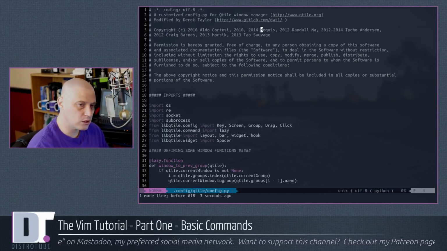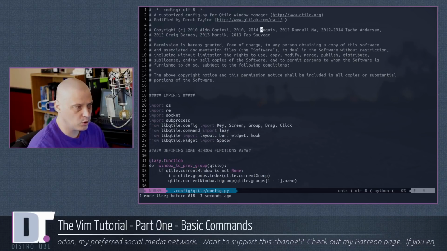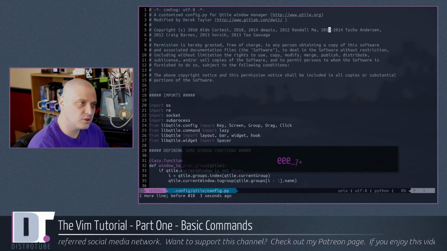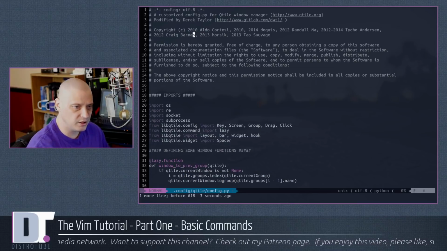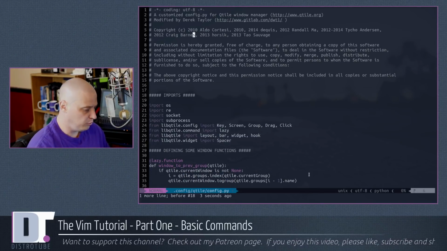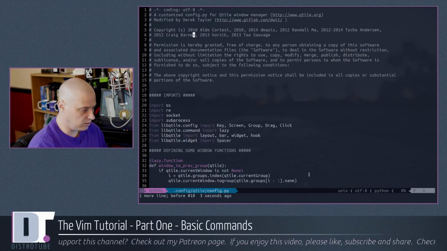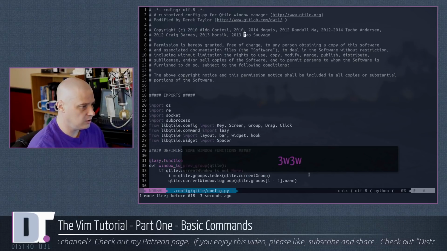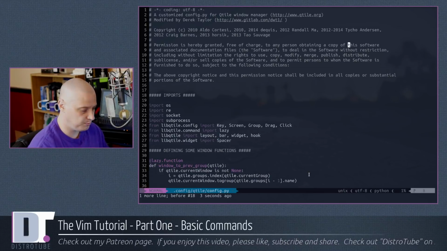If I wanted to go forward by word, but land on the last character of every word, we type E for the end of the word. So it's going to keep going forward to each word, but it's always going to be on the last character of each word. So W for word, E for end of word. Moving by word, single words, is also kind of slow. We could move forward. How about 3 words? And it'll take me 3 words forward. See how that works? Or 20 words forward. We can really jump around in the document.